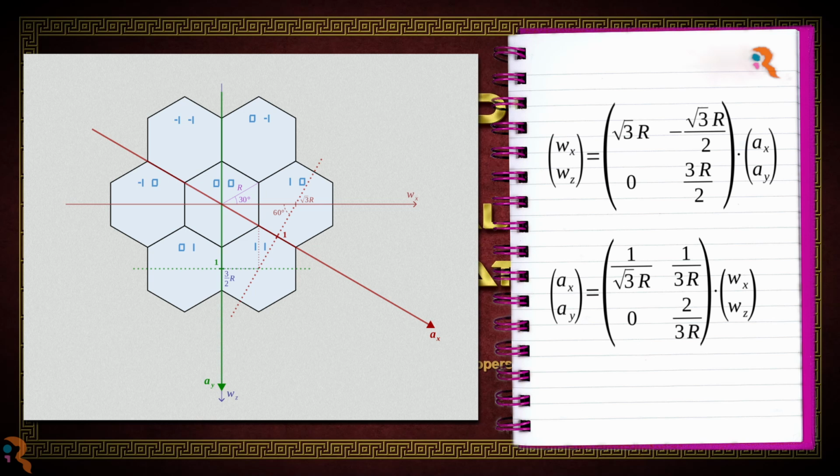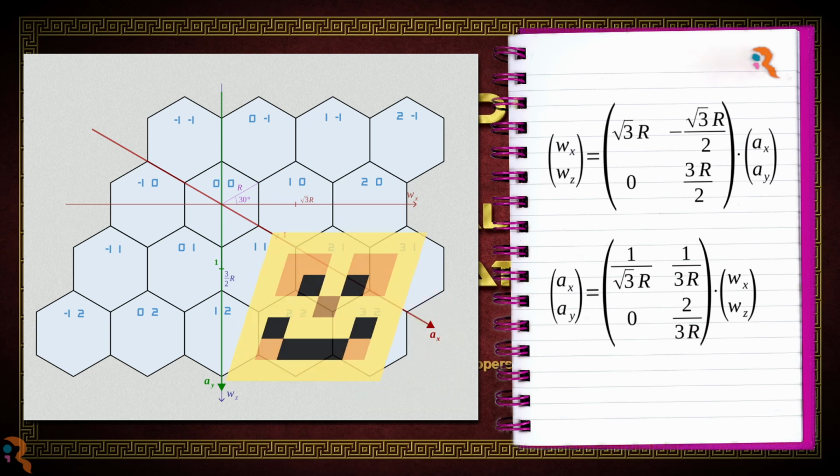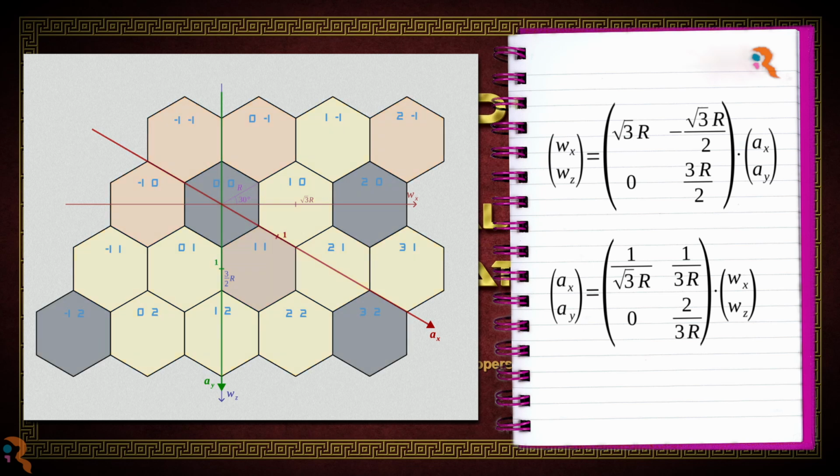By using integer axial coordinates as the pixel coordinates of an image, we can paint the hexagons of our hex grid with the image colors. That's right. And we can also round the result of inverse formulas to find the axial coordinates from world coordinates. It's too simple, isn't it? Yes. Indeed, it doesn't actually work that way.